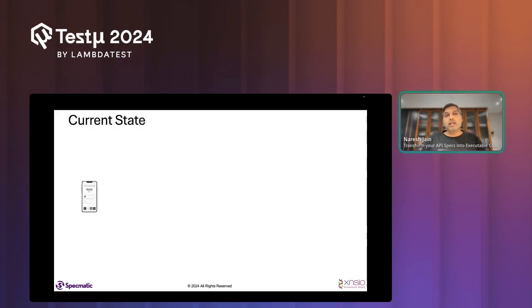So let's look at this from an architecture point of view, and from a data flow point of view. Let's look at what the current state is before we introduce this feature, and how that would change when we introduce this feature. So let's assume I have the Lambda Mart mobile app, from where customers can